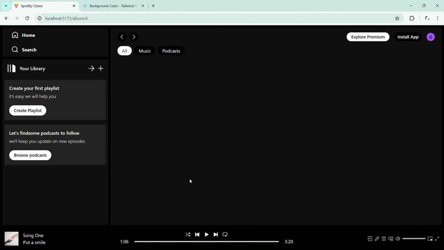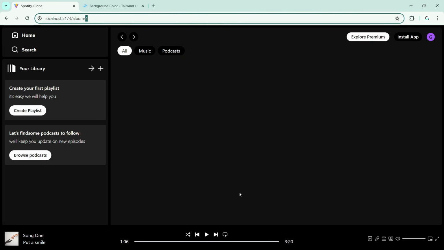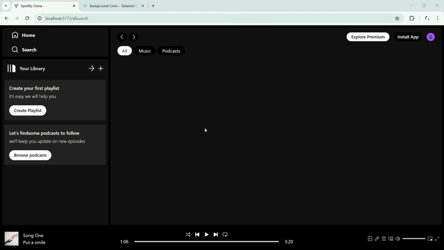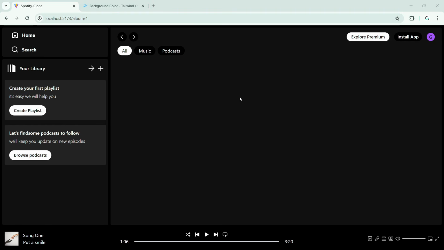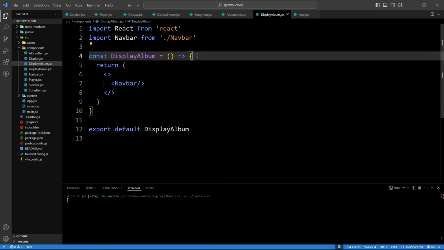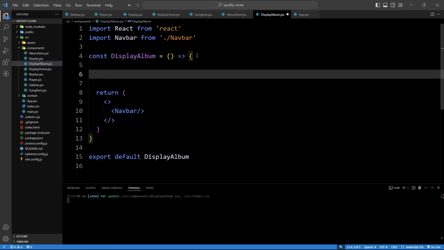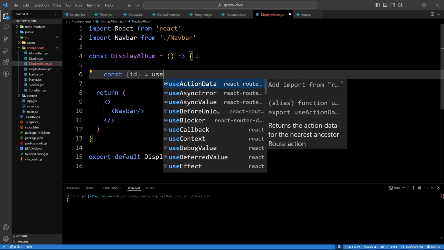After that we will design the display album component. Using that we can use this ID and display the album data from this ID. So first we have to get this ID in this component. To get the ID, here we will use params. So just add const curly braces ID equal to use params,